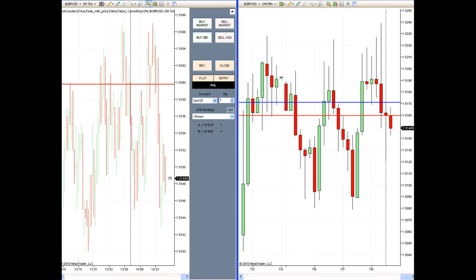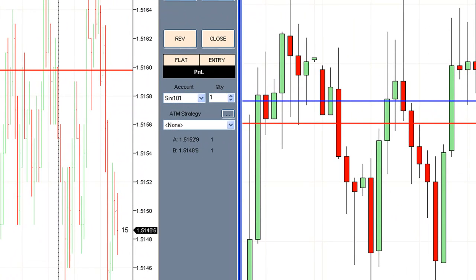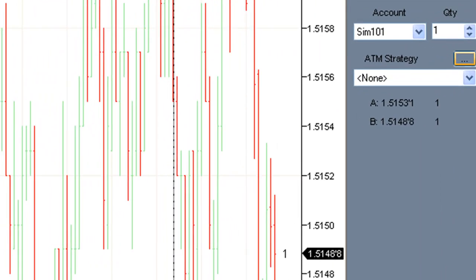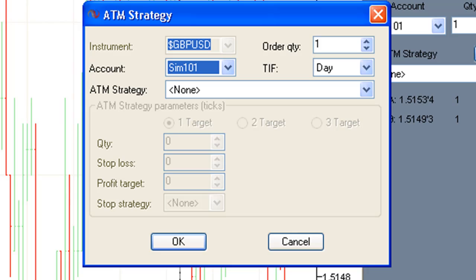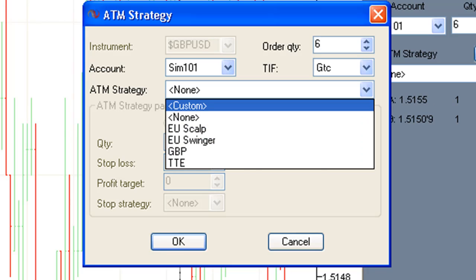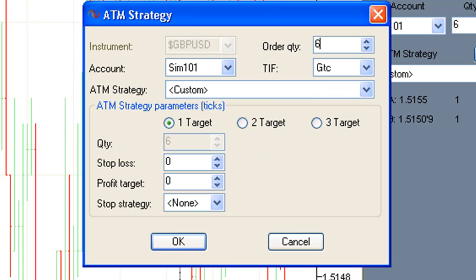First of all, we've got the ATM strategy there that you can see just by the cursor, and there's a little box with 3 dots in. If you click on that, because it's standard as non-selected, we're going to create a custom ATM strategy. The ATM strategy window opens up. First thing that I did was change the order quantity to 3, and then we want to change the ATM strategy to custom,